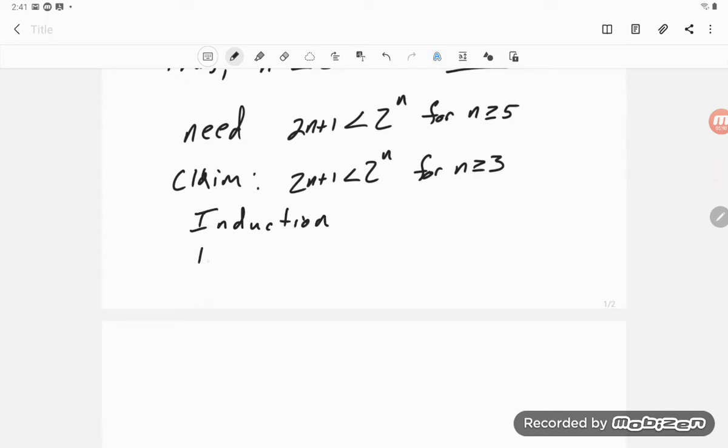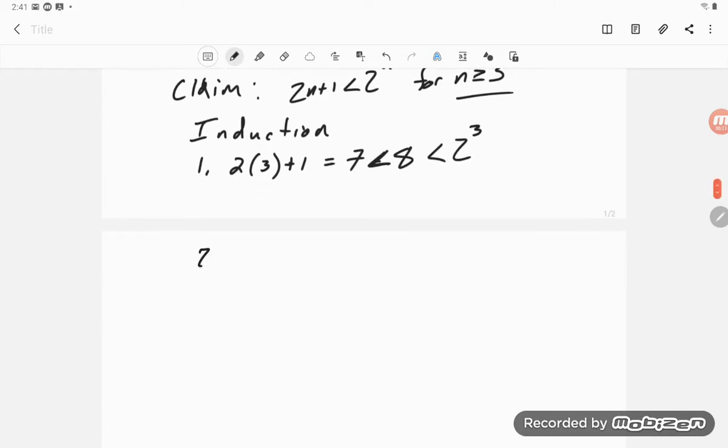And my first step is that base. Okay, I need to show it for n equal 3. And so that 2 times 3 plus 1 is equal to 7, which is strictly less than 8, but that's 2 cubed. So there's my first step. And then the second step is we'll assume